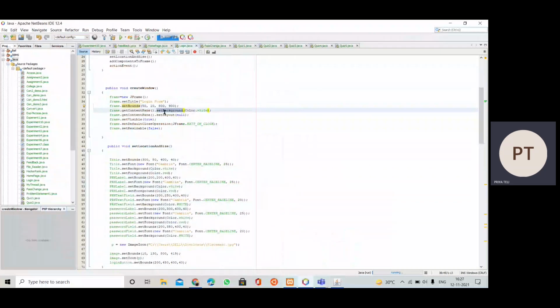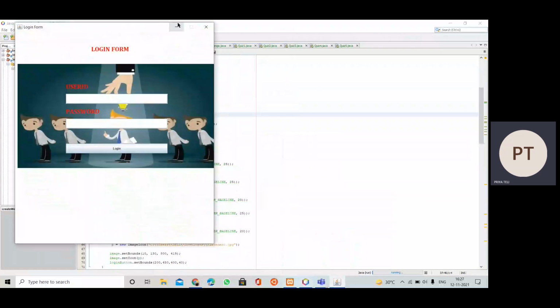Then we have set the background method, which we write as getContentPane().setBackground, and inside that we have used the Color class, Color.white. Then we have getContentPane().setLayout. The default one is border layout. If we don't want to mention anything, we simply write null here. So here we have our border layout because the default one is null layout. That's why our frame has a border.